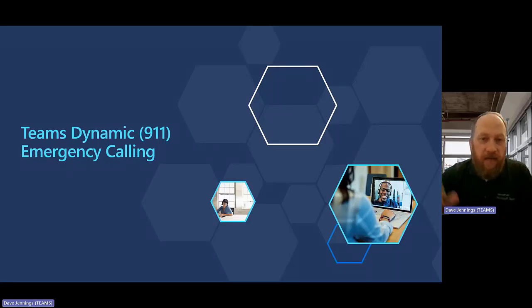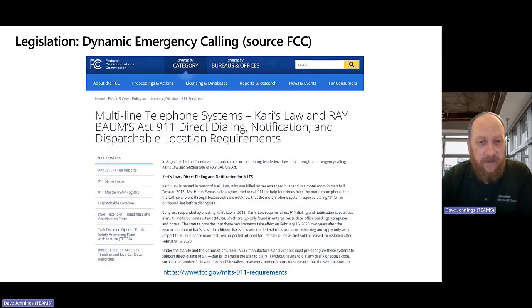So at this point, again, I've talked through the high-level overview, and the different voice options that are available for Teams Voice. I wanted to briefly touch on next some of the other considerations from a dynamic 911 planning perspective instead. So to set the foundation at a high level for Teams Voice, as you plan out your deployment for a given site or sites, and this actually applies to any phone system net new going forward instead, there were a few different regulation laws that were passed a couple years back that really dictate